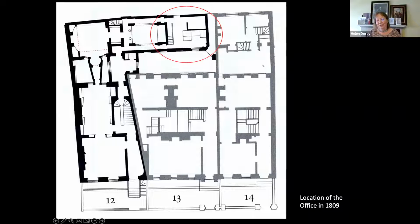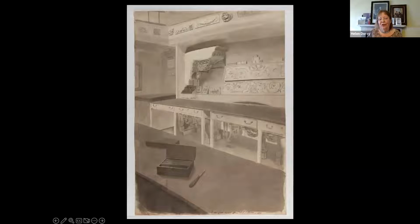In 1812, Soane pulled down the front part of number 13, the middle house shown here, and rebuilt it, connecting it to the new area at the back, the dome area and the office. He moved into number 13 in 1813 and blocked off and rented out his old home at number 12. Next, please. In 1812, we get our first glimpse of his upper office at the back of number 13, with